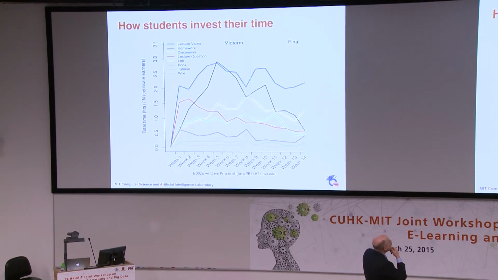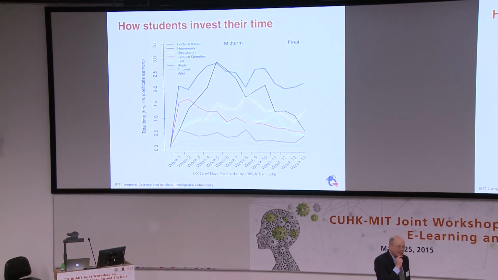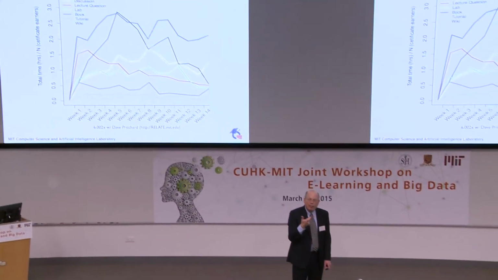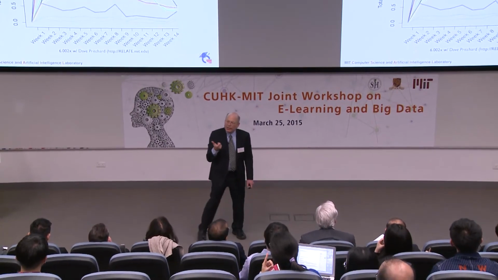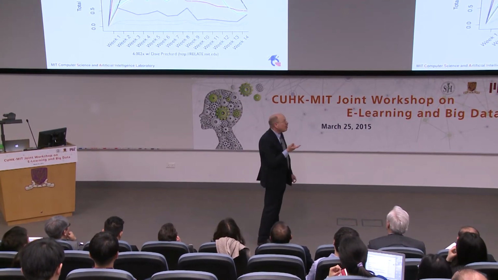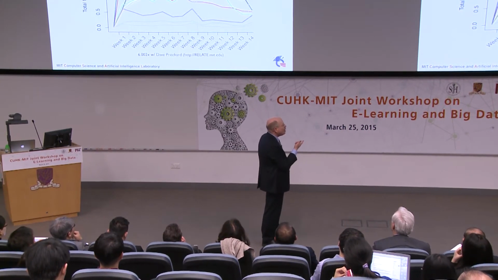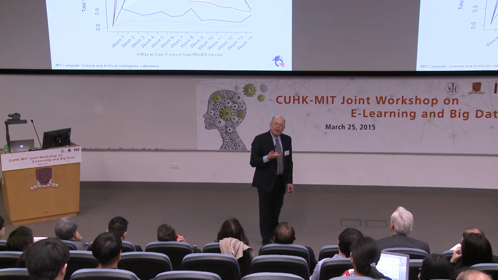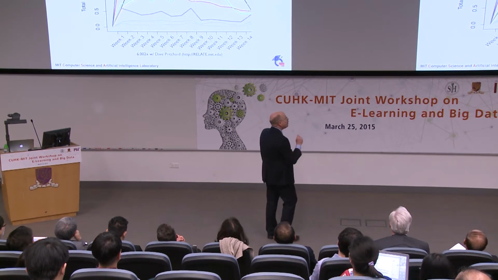There are other things here which actually sort of go, wow, look at that homework. See the homework really drop off toward the end? Why was that? There must be something about those later homework problems, and maybe people just were maxed out and couldn't put in the time. So being able to measure how people are using the materials turns out to provide the teacher some insight into what repairs they need to make to the course in order for the right thing to happen in terms of outcomes.